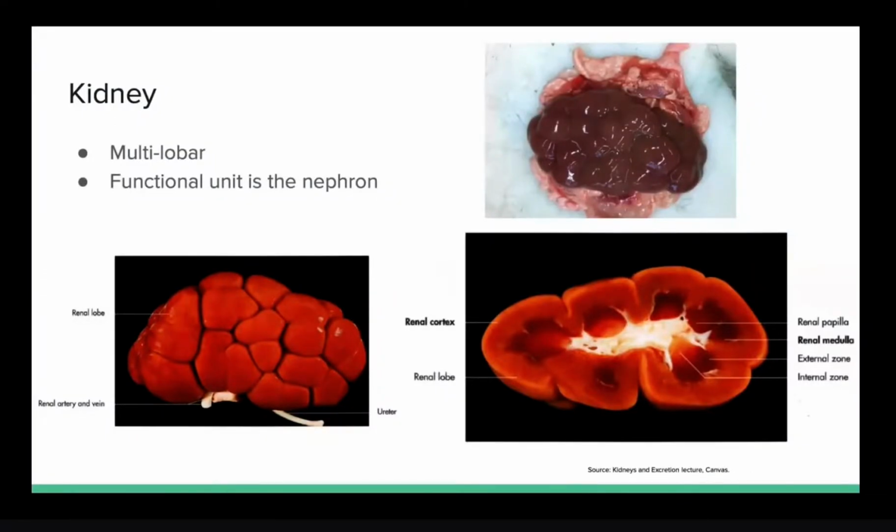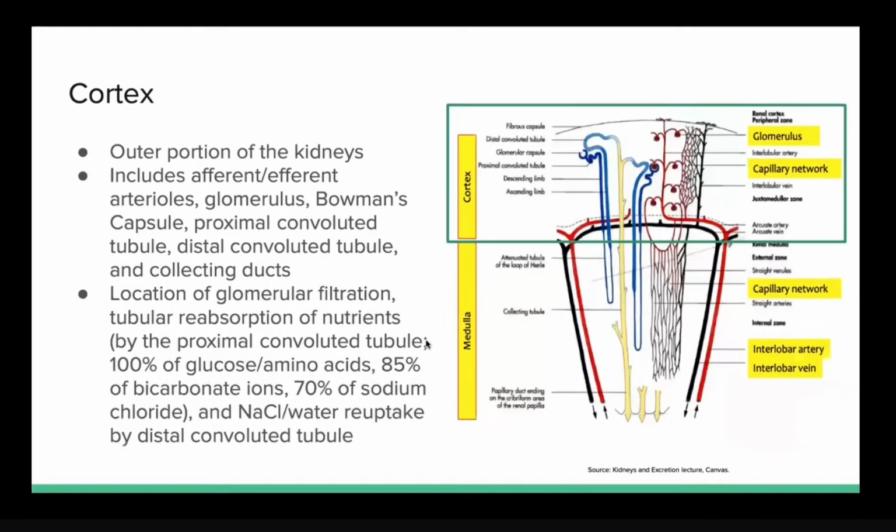So you can kind of see the lobar structure in these few diagrams and photos. The cortex is the outer portion of the kidneys. It includes the afferent arterioles, glomerulus, Bowman's capsule, proximal convoluted tubule, distal convoluted tubule, and collecting ducts. This is also the location of glomerular filtration of the glomerulus,